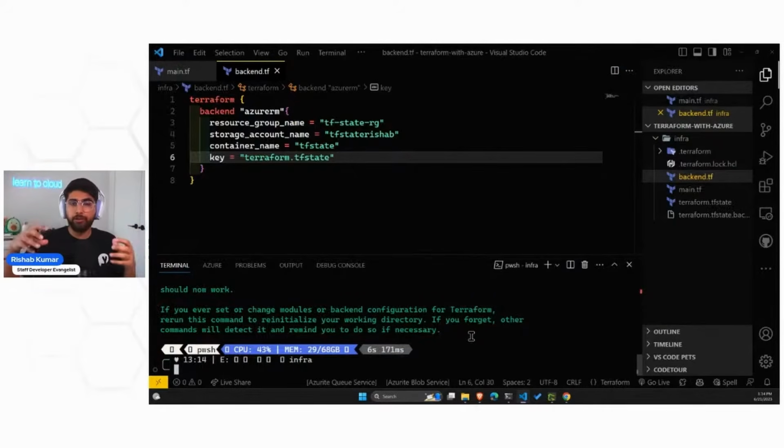So it's not only stored locally, but it is in a remote location. For us, it's Azure. And as I said, you can use Terraform Cloud. You can use any other cloud providers to store your state file. Awesome. So we have our backend configured. And now if I do terraform plan,